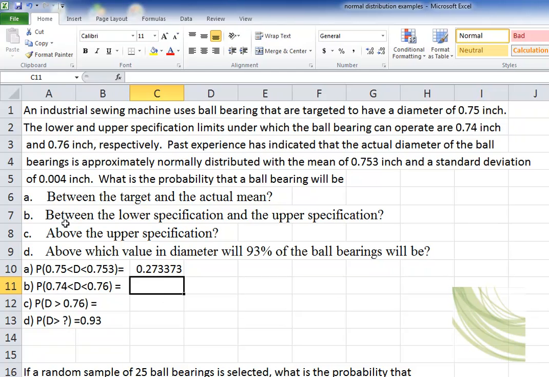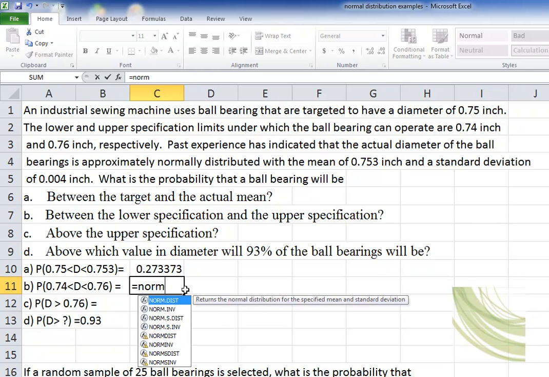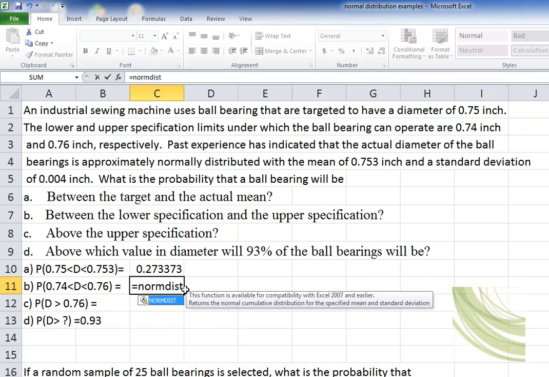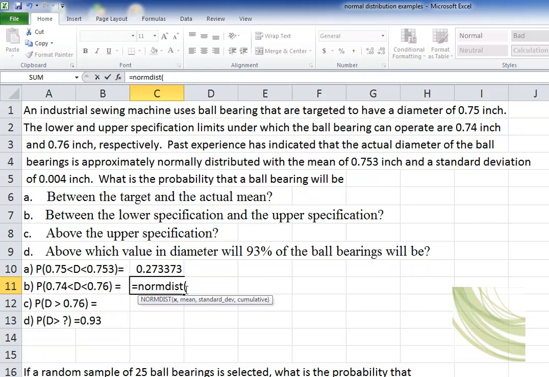B, probability between the low specification and upper specification. So this is same as part A. So we use the formula equal NORM.DIST. Your upper specification 0.76, the mean 0.753, then standard deviation 0.004, 1,